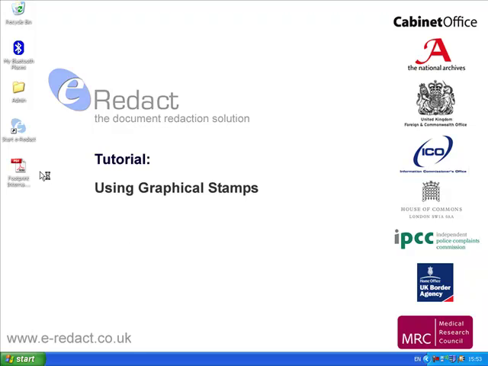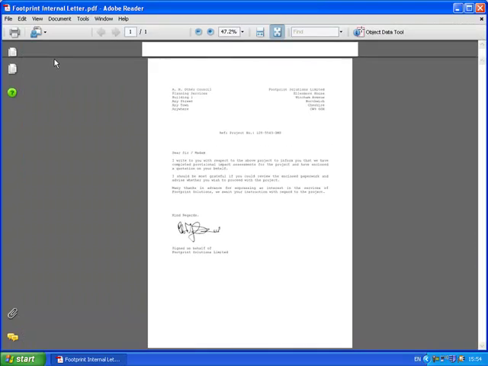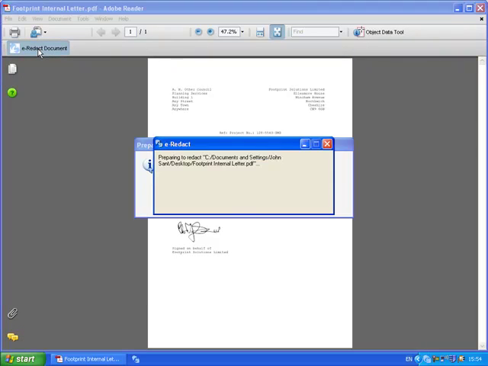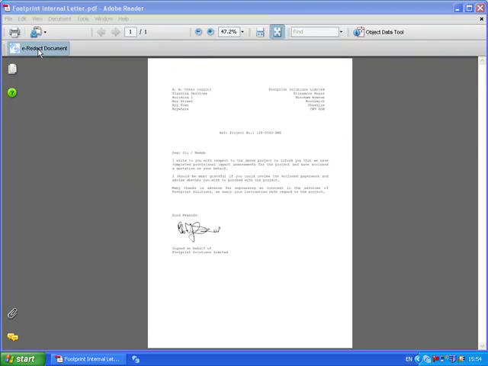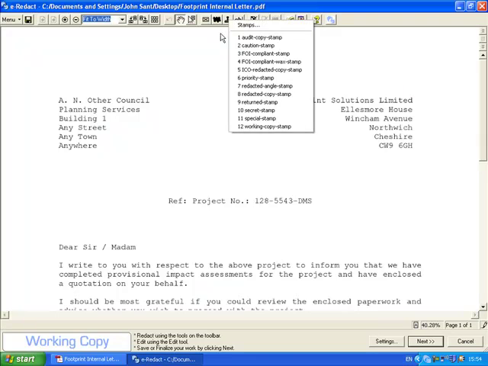In this tutorial what we're going to do is just open a standard letter from the desktop, invoke the redaction tool using the toolbar button, and have a look at the stamps that we've already created within this particular eRedact environment. And stamps can be shared across environments between individual users. So here we see a range of audit copy stamp, FOI compliance, ISO redacted,